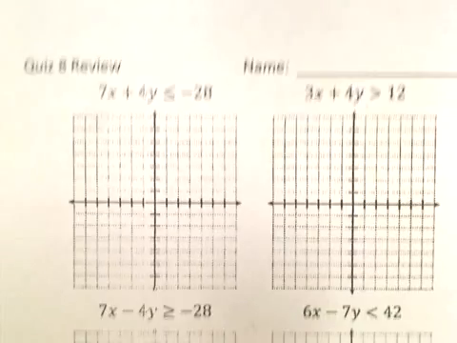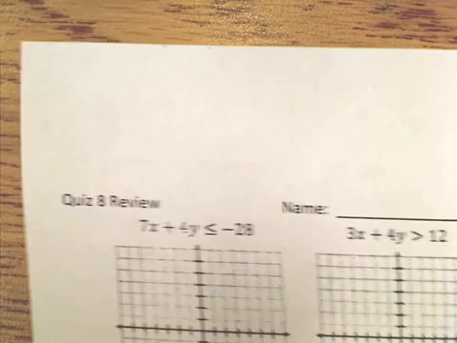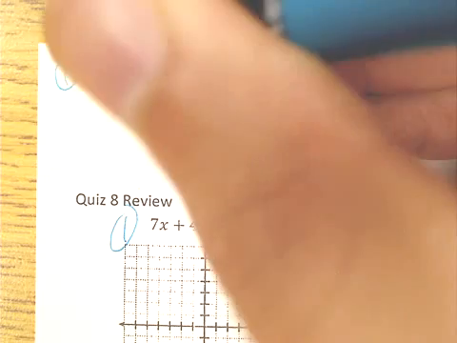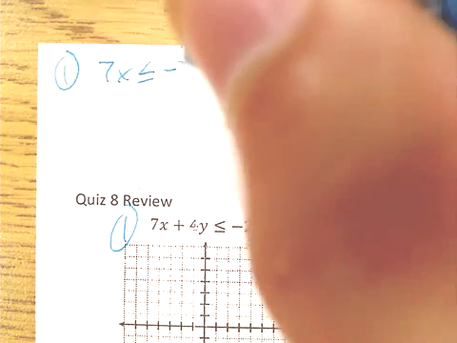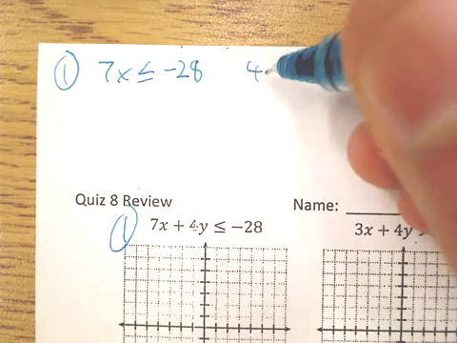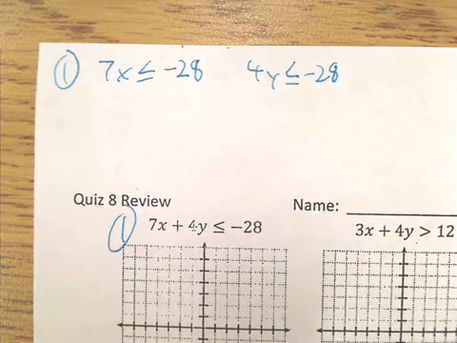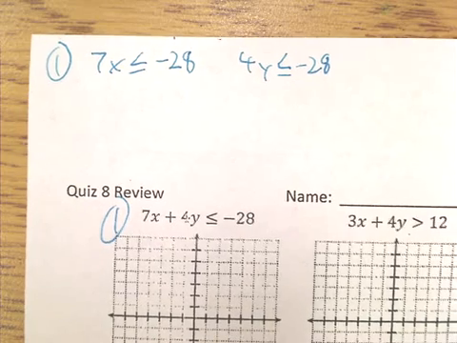Okay, so what we have to do first is split it. So let me scooch this up. I'm going to do my work off to the side here at the top of the page. So I'll call this number 1. Number 1, 7x is less than or equal to negative 28. And 4y is less than or equal to negative 28. Okay, so your first step is to split it,